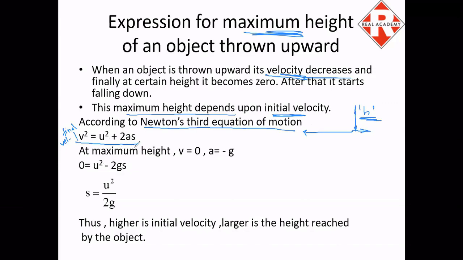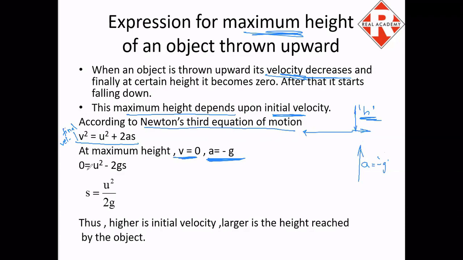Okay, now when I'm throwing the ball upwards, initial velocity कुछ तो रहेगा, but after it reaches a certain height, the final velocity will be zero. So we consider that v will be zero at the maximum height. Also, acceleration will be denoted by g, that is acceleration due to gravity. And again we had discussed that if the ball is thrown upwards, a is denoted by negative g, correct?